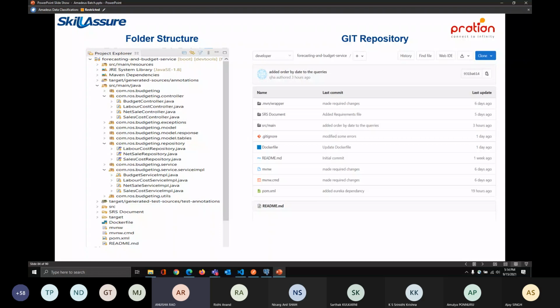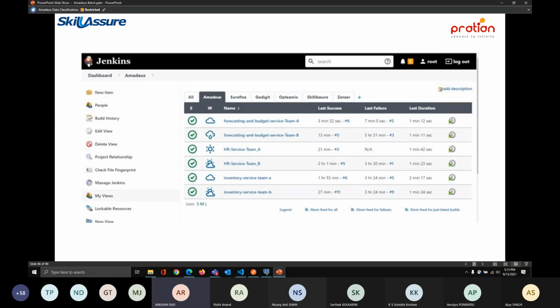So this is the folder structure. We maintained a multi-layer architecture in which the project was divided into controller, exceptions, models, repository, and service implementations. We have also followed other best practices like error logging and exception handling, etc. Next slide, please. So once we were all done, our project was deployed on the Jenkins server by the DevOps